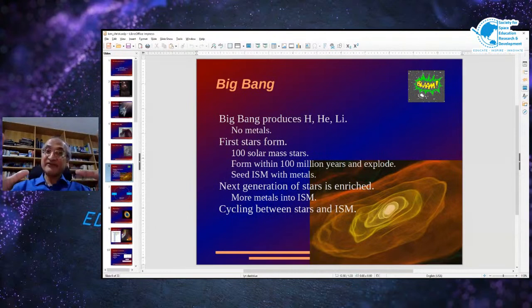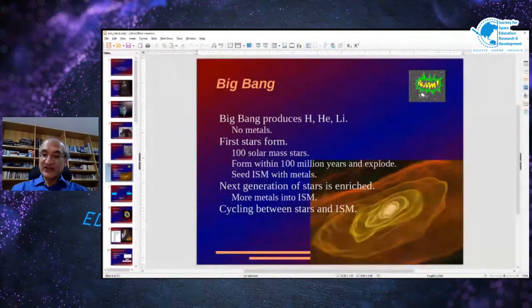So immediately after the Big Bang, maybe even within 100 million years after the Big Bang, the first stars began to form. And these were huge stars, maybe 100 solar mass stars. They would go through all their fusion. First hydrogen would form helium, helium would form carbon and nitrogen and oxygen, and then you get all the way up to iron. Once you get iron, you can't go any higher, and so then you get a supernova explosion. Once these big stars explode, they seed the interstellar medium with metals, and you get a new generation of stars forming